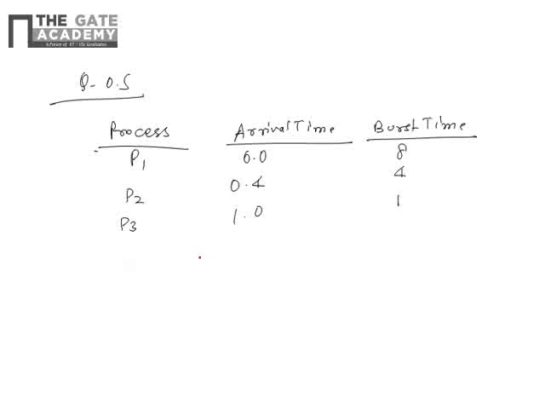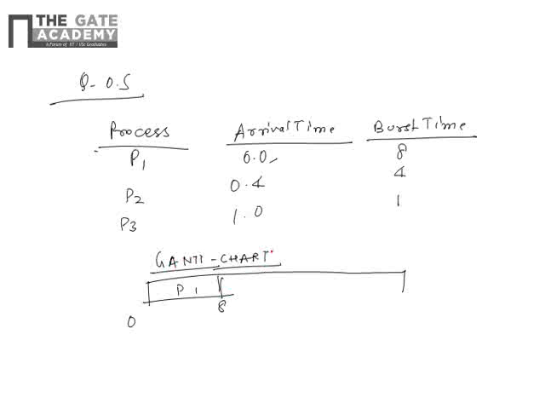Whenever we follow non-preemptive scheduling, first we check the arrival time. Although it is shortest job first, non-preemption applies, so P1 will complete first. So this is the Gantt chart: P1. After completing P1, P3 has already arrived at 1 and it has the shortest job, so P3 will complete next, at 9. The rest is given to P2, which executes for 4, so it will end at 13. So this is the Gantt chart.